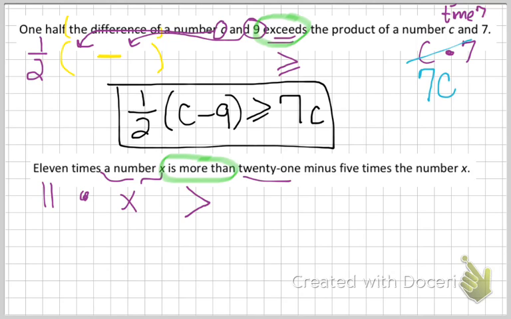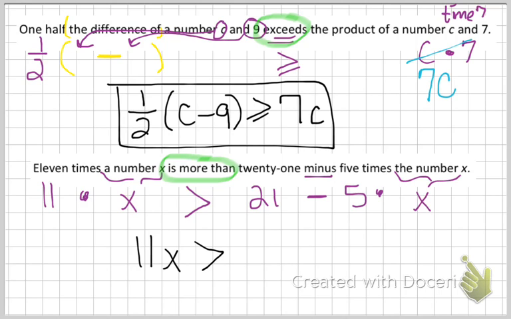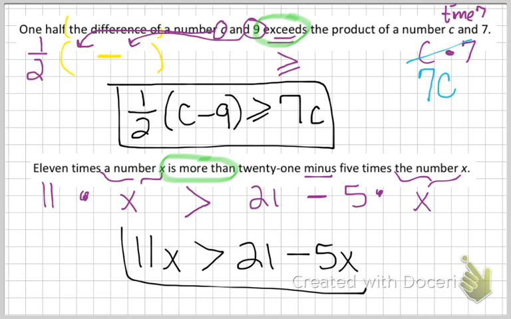We continue with 21. Minus is an operation, you subtract 5 times the number x. So here we have 11 times x will give us 11x greater than 21 minus 5 times x, which will give us 5x. And this here